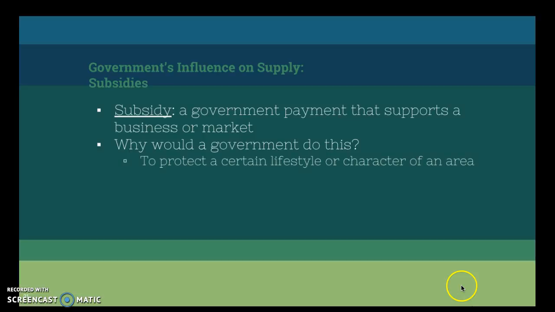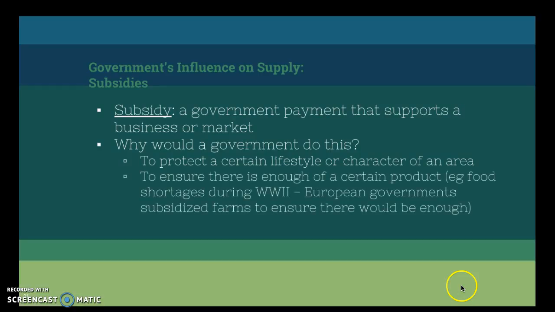There's a few reasons. The first one is to protect a certain lifestyle or the character of an area. So maybe the people in this area have always grown this particular crop, and we just think it's really great that they've grown it and it's part of our culture and we're very proud of it. So the government might step in to subsidize it or help keep their prices high so that they can stay in business. Another reason the government might step in is to ensure that there's enough of a certain